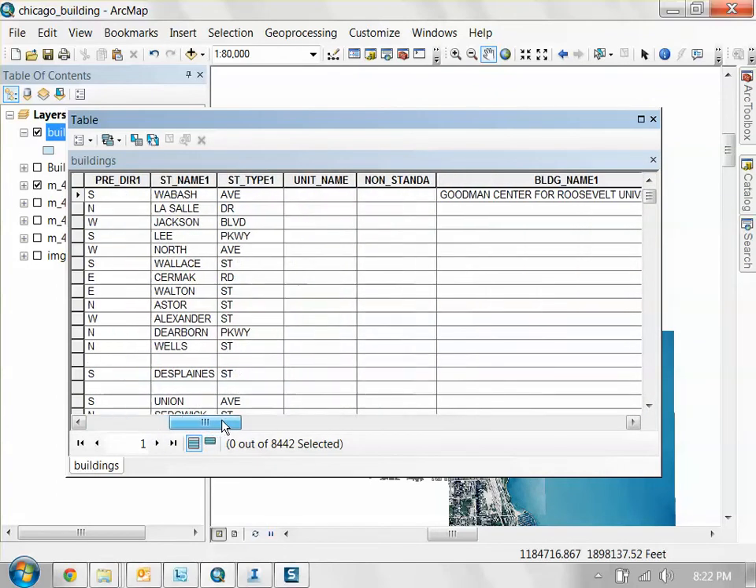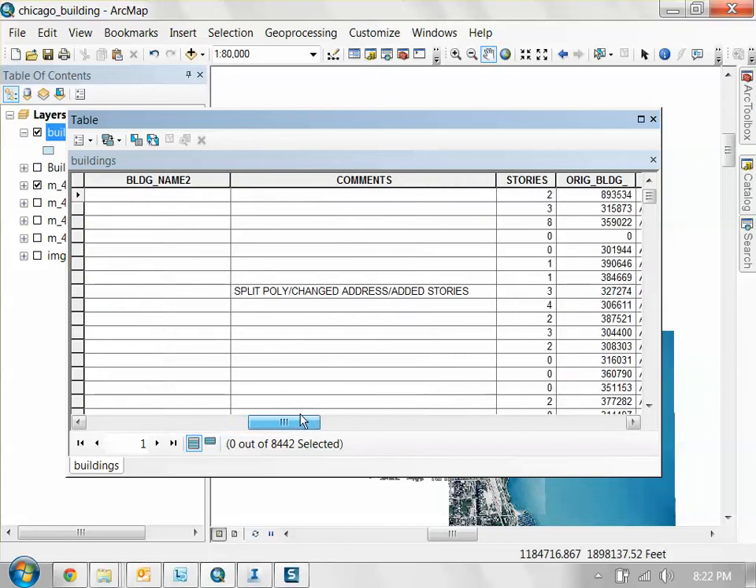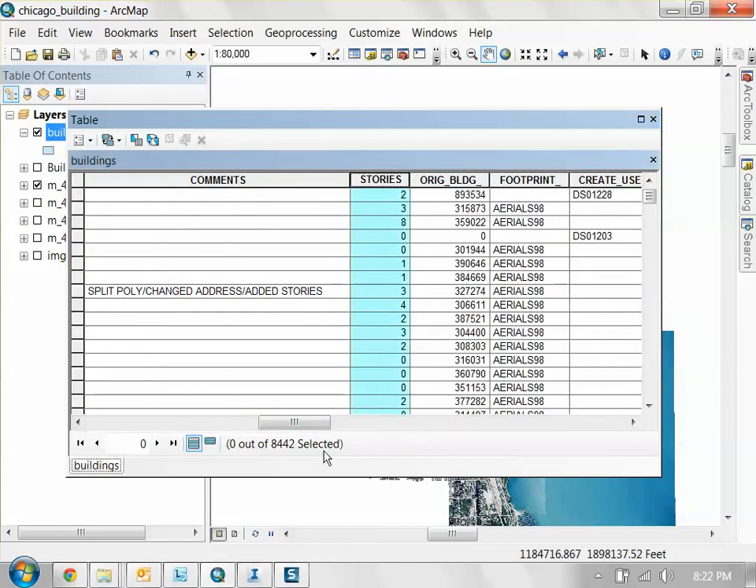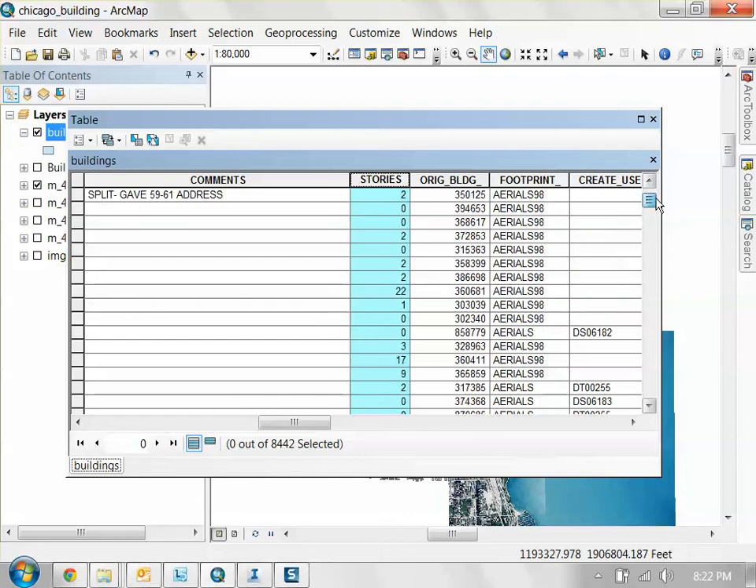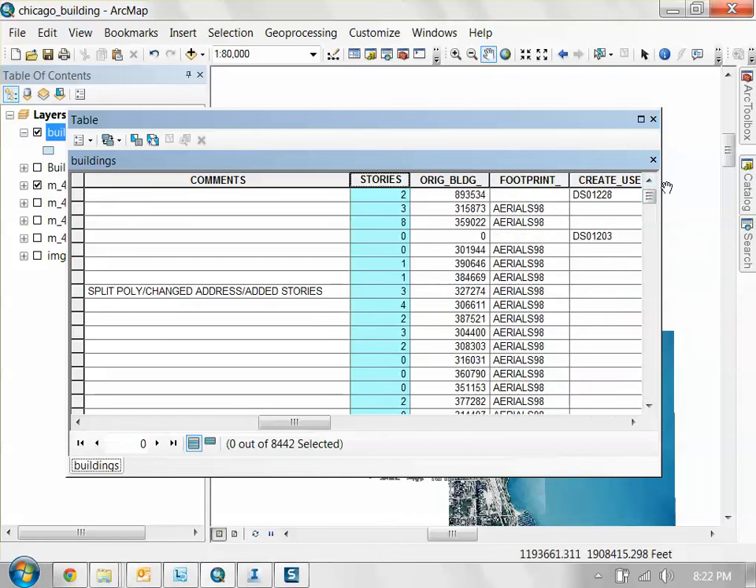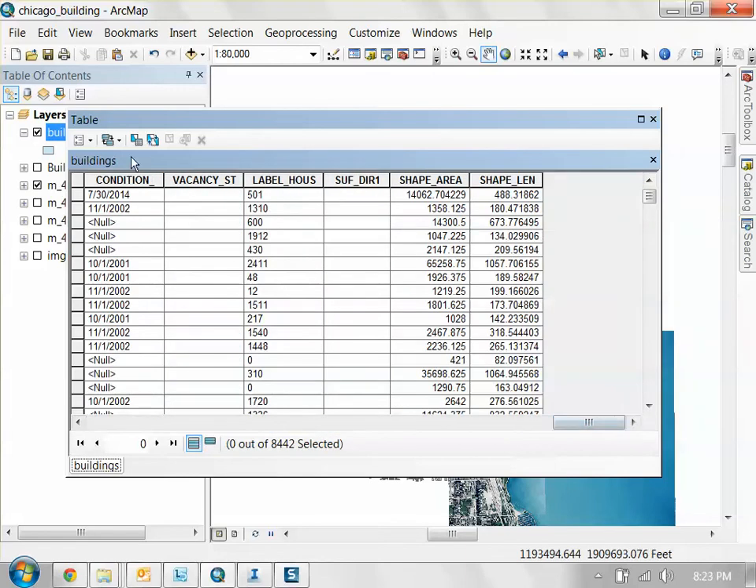If I scrub through this set of information here, you see there's this thing called stories. This is how many stories each building is, basically. And so if we just use our general knowledge of buildings, a floor is generally 12 feet. We can use that as a rule of thumb. So the building height, we can, as a rule of thumb, say it's the number of stories multiplied by 12 feet. So we need to add a field,